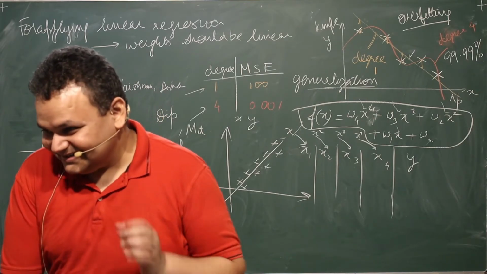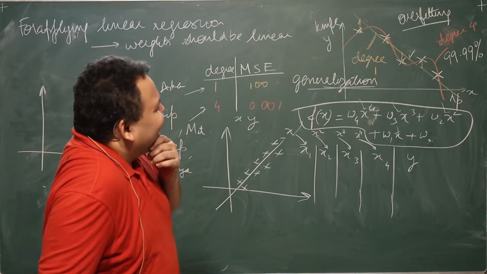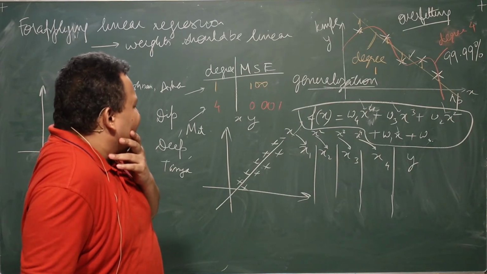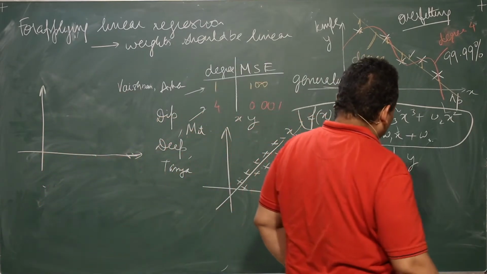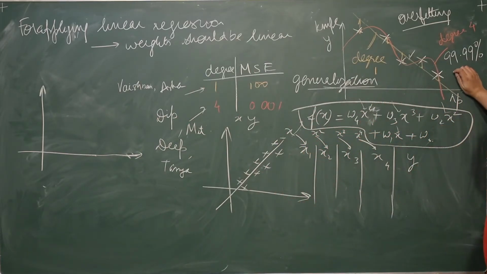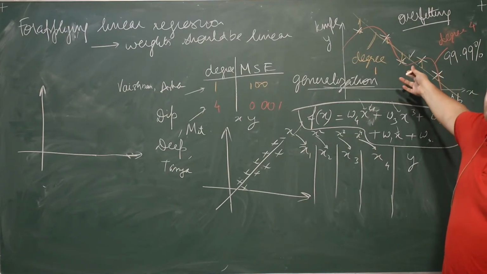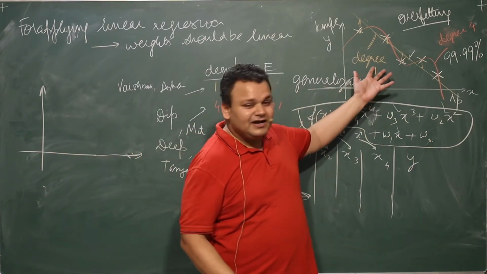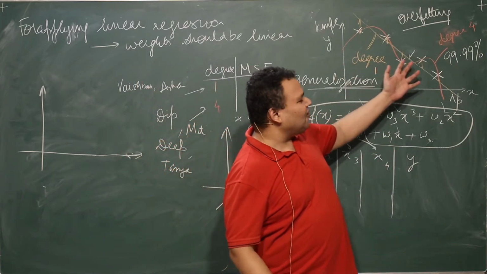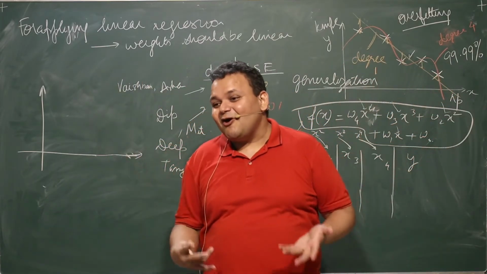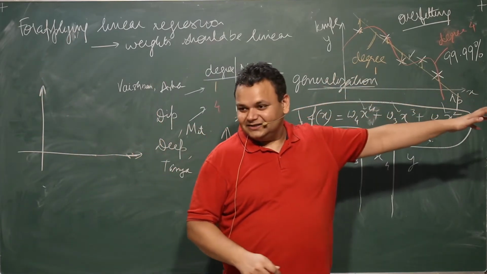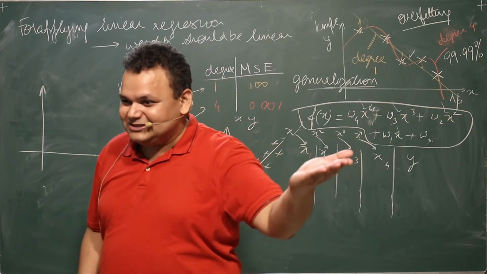Again, I gave you an insight into why this is a bad choice, because it is trying to follow the noise too closely. Noise is always there in every system. When the degree of your polynomial, or the degrees of freedom, is of the order of the number of data points, then you are almost unlimitedly free to change any of your parameters. You do not want that, because then it is going to follow the noise completely.